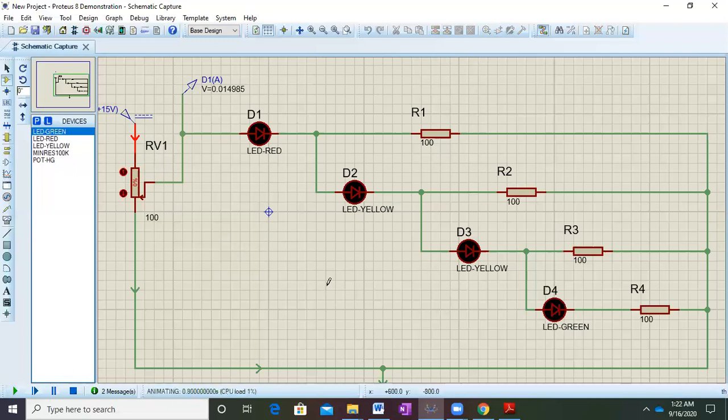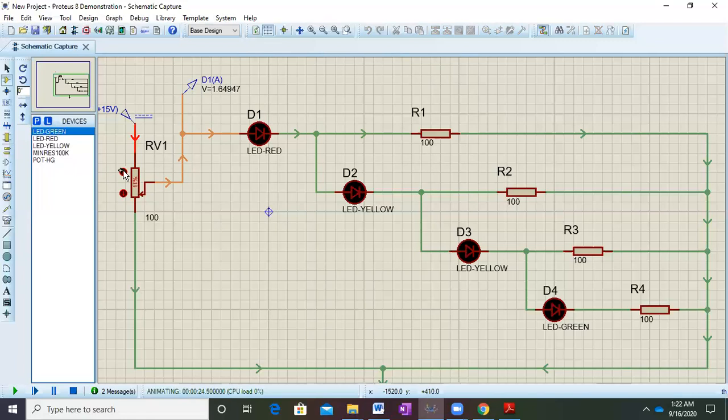Hopefully it will work. So as you can see, my animations are coming up. Now the arrow is actually going towards the ground. Everything is green, that means no current is flowing into the circuit. Here it is red, that means it's ready to work. Now let me slowly increase the value of this potentiometer. You can see around 10%. 10% of 15 is around 1.5. So here we are getting around 1.499, that is 1.5. So it's working fine.